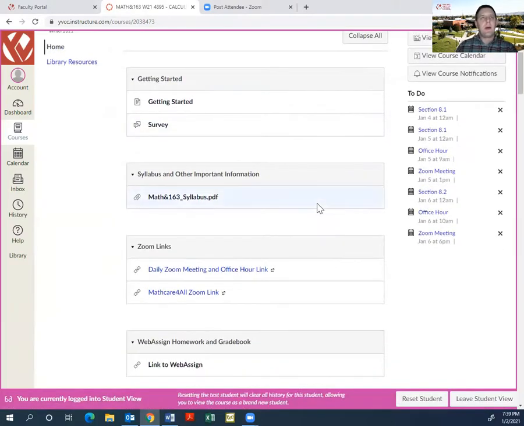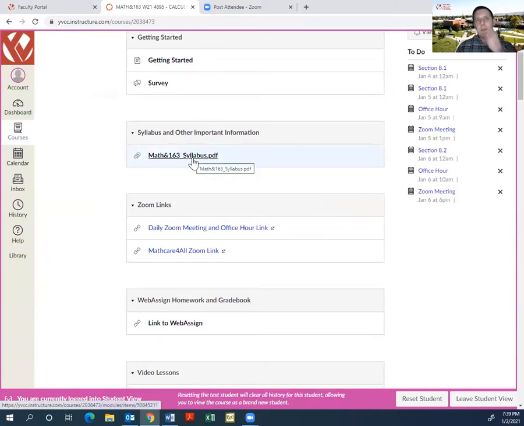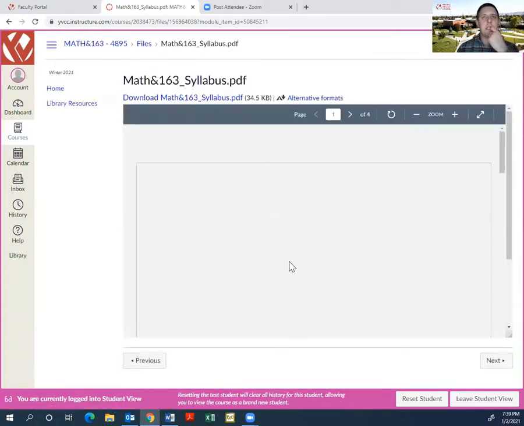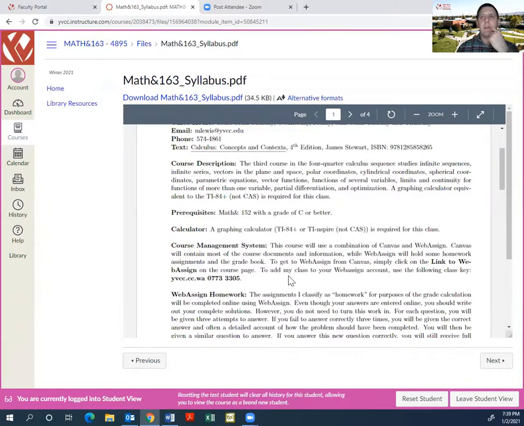All right, and then we have the syllabus, and I'm not going to go through this now in the video. What I will say is this, though: in the syllabus, you will find the class key for my class. So on WebAssign, when you get into your account, this is what you need to type in order to be signed up for my class.